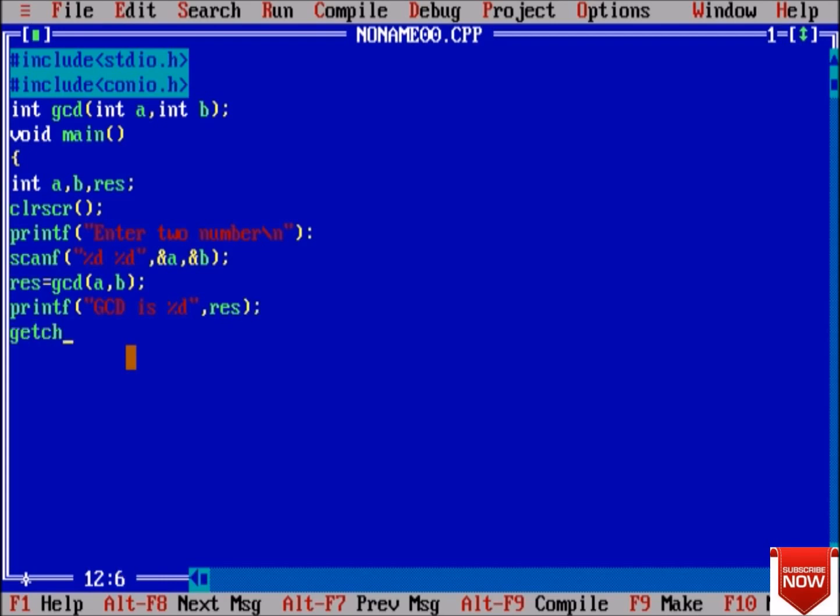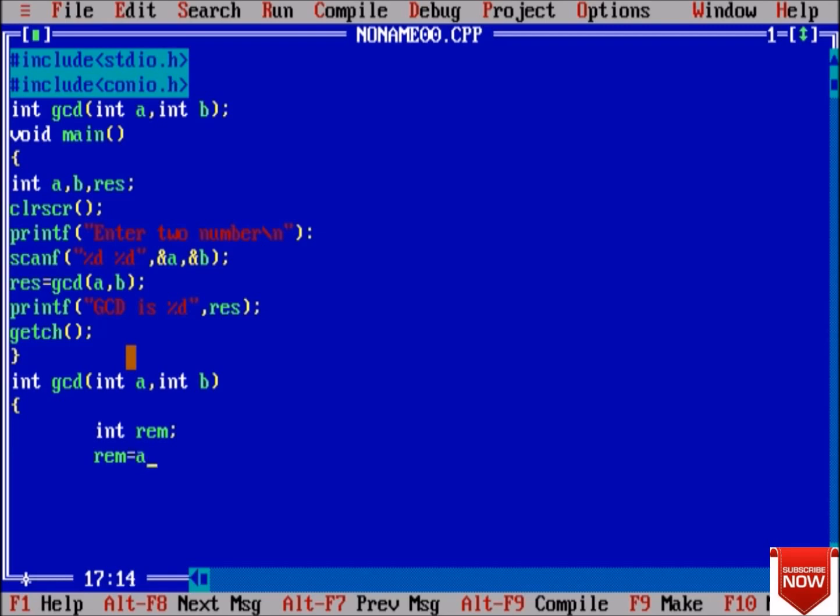Getch. Now in the definition part of GCD, int a, comma int b, and declare another variable remainder, so that we can find the remainder.